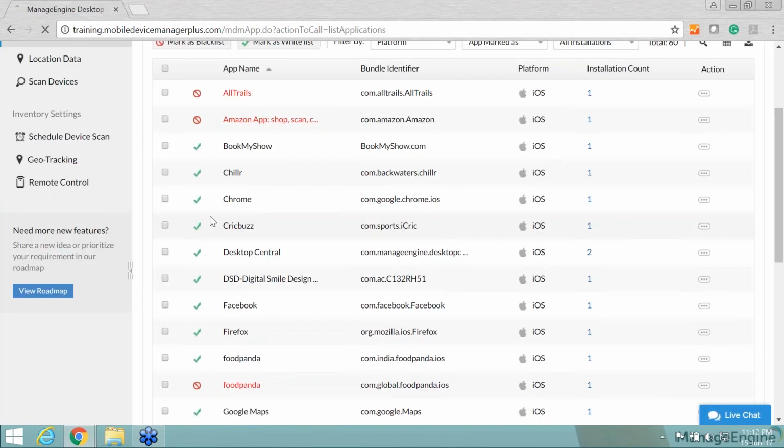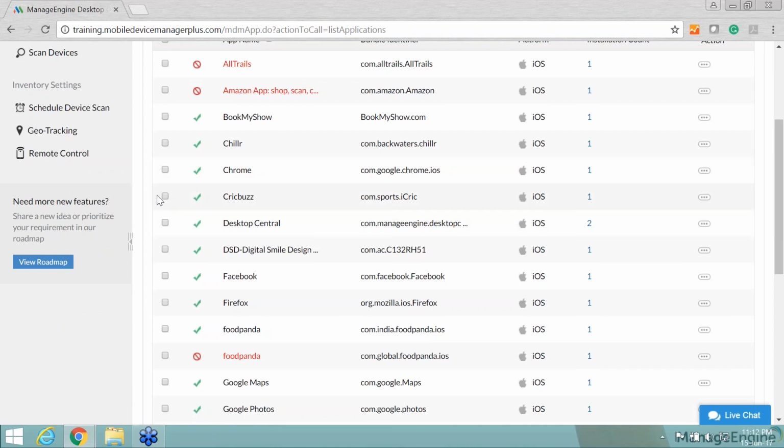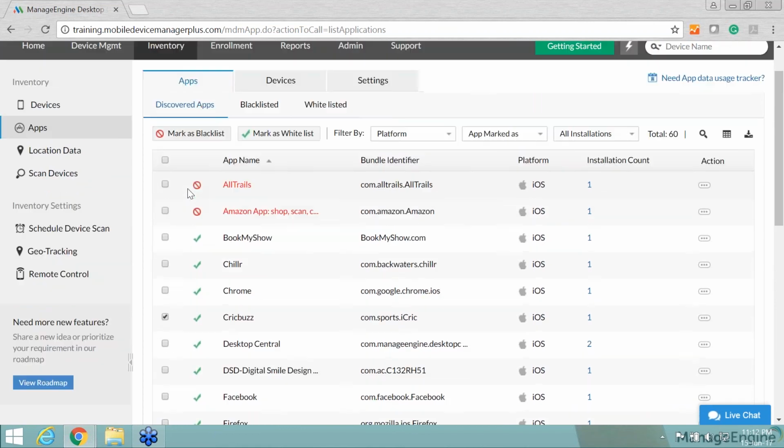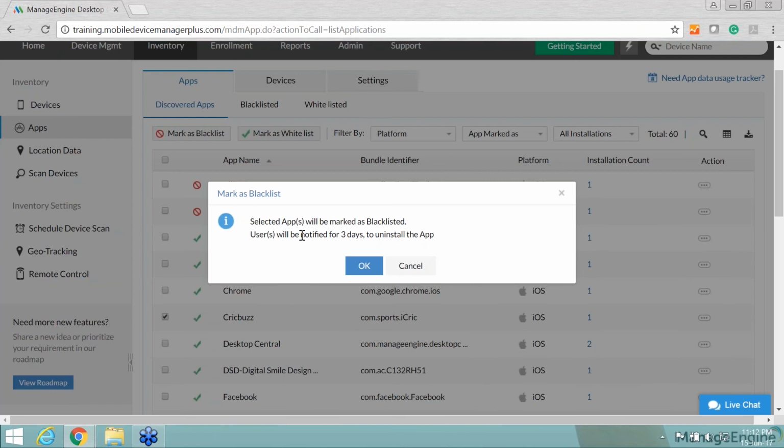I can choose, let's say, QuickBuzz as bringing down employee productivity. So I can just say mark as blacklist. So yeah, the employee will be notified via email to remove this app within 3 days. On Samsung devices, we can go a step further and uninstall these apps right away.